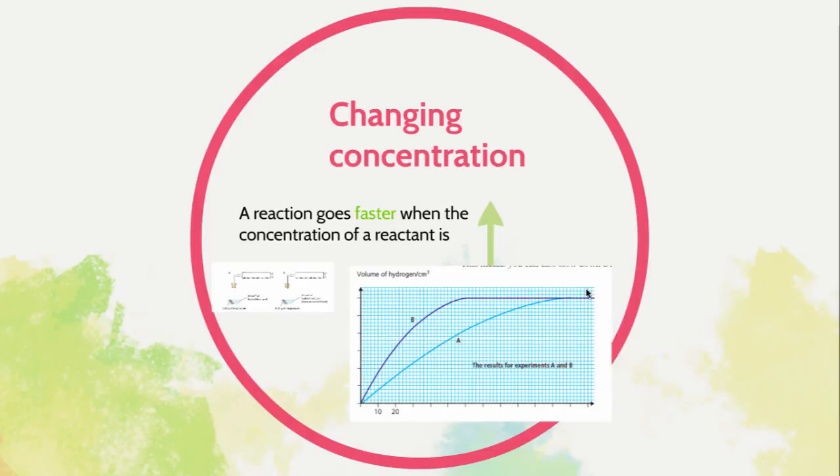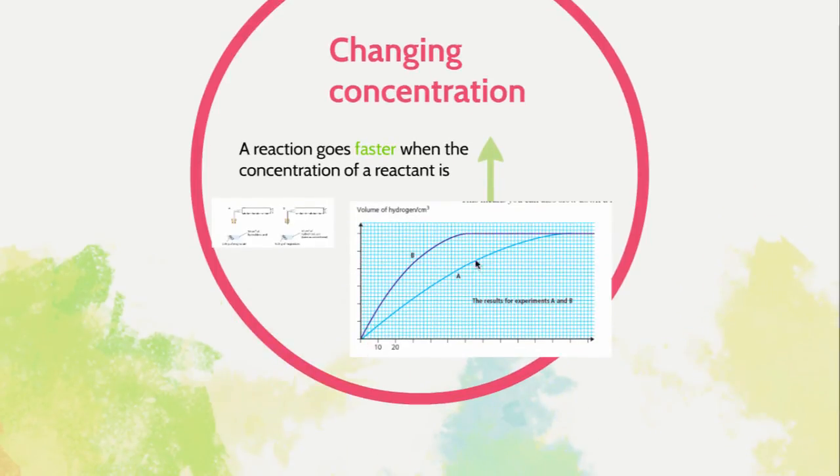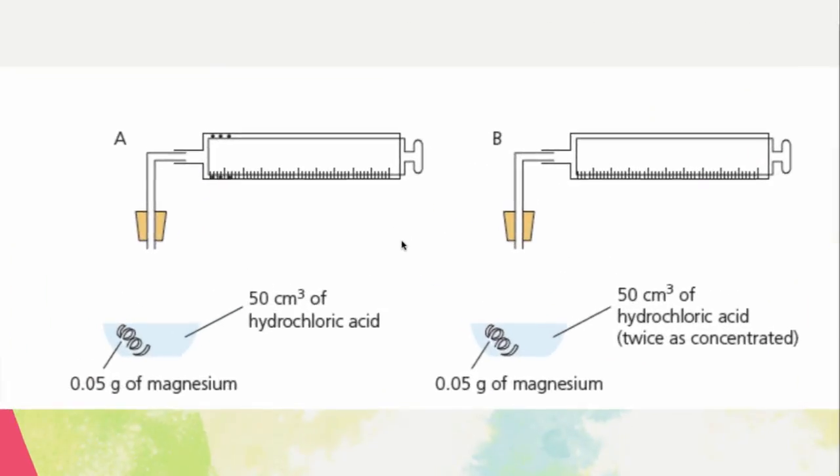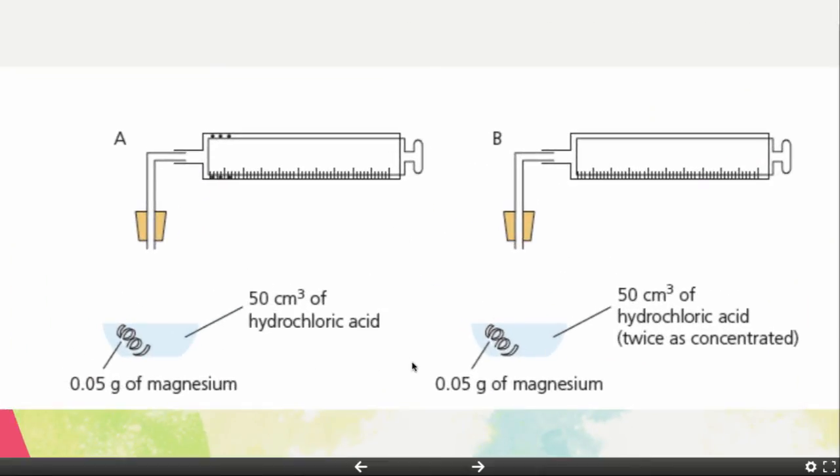So here's the graph that we got. Experiment A, experiment B. A is the one that has less concentration, and B is the one that has more concentration. The steeper the slope is, the faster the reaction gets. So here, obviously, for reaction B, the curve is steeper, therefore this reaction is faster. How come they all have the same amount of hydrogen? Well, if you go back to this reaction, you can see that they are using the same amount of magnesium,